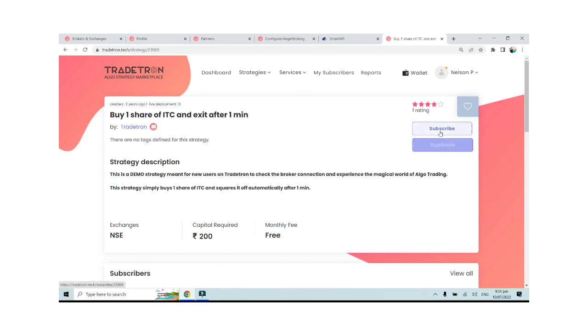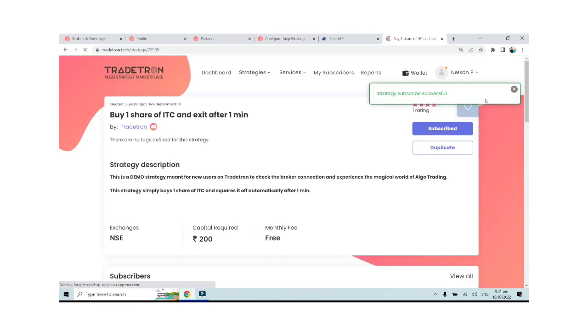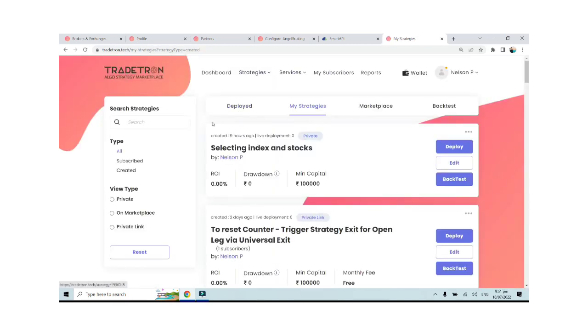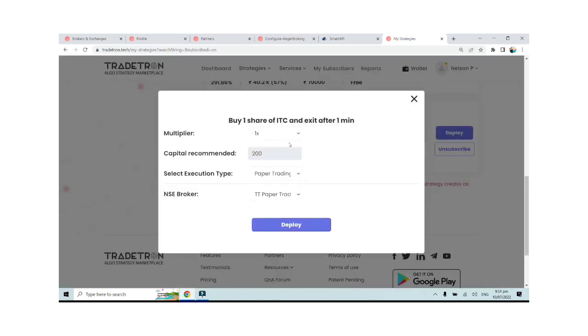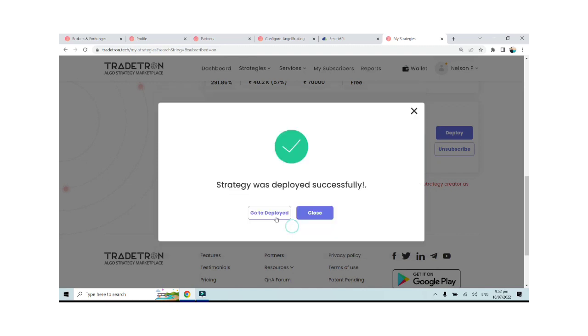So this is how you can check, by deploying this strategy in your account, whether the trade is happening properly or not. So what I can do is, I can just simply subscribe to this strategy. So once the strategy subscription is complete, it will automatically be saved in your My Strategies page. So once we go to My Strategies page, if I go to subscribed strategies, I will see that this strategy is visible over here now, and we subscribed to it just 13 seconds ago. Alright, so from here I can just deploy this strategy. So while deploying, we will get to see that, if I want to deploy it in live auto mode, then I can select angel broking and live auto and deploy it. So then automatically whenever the trade is generated, it will basically take the trade,